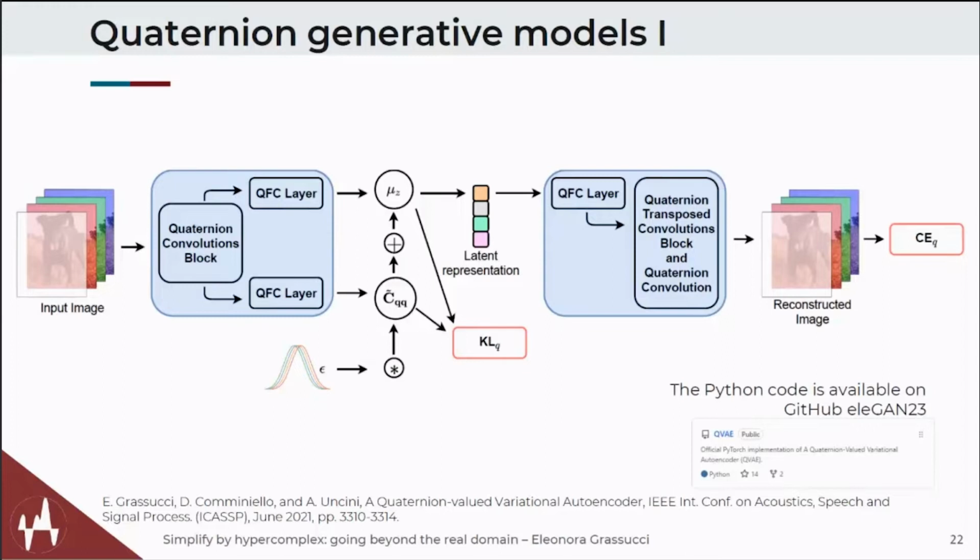We proposed several models leveraging this representation. We proposed a variational autoencoder in the quaternion domain. So we had to